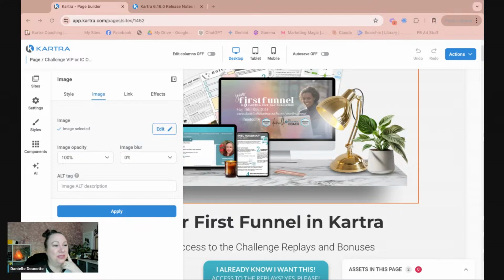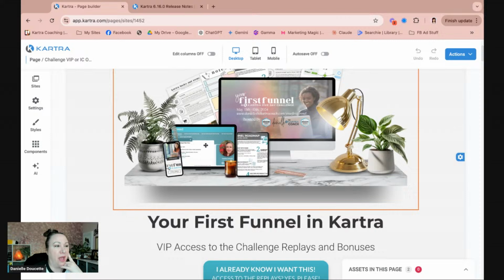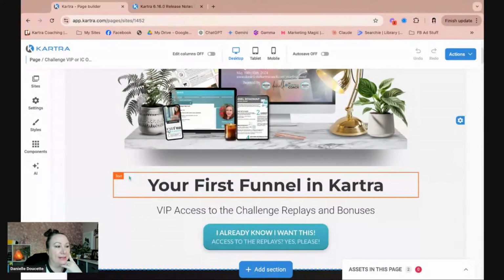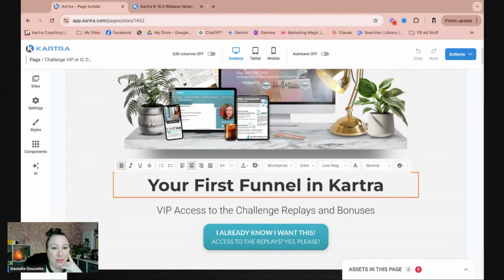All right. Okay, so that worked to click on the editor and that popped up. Text, it says it's a text box. And when we click on the T,